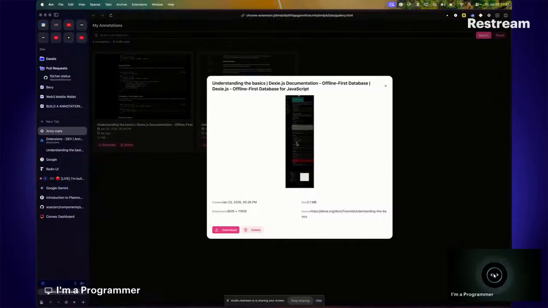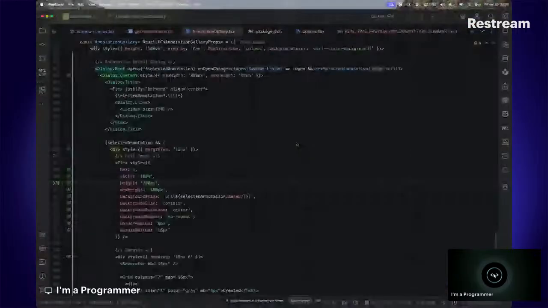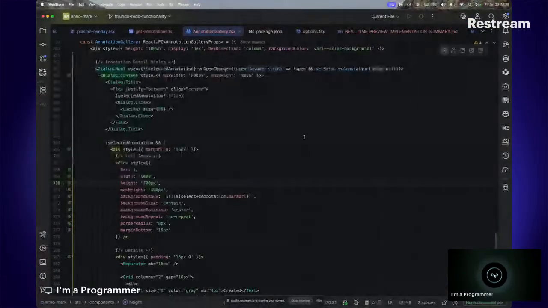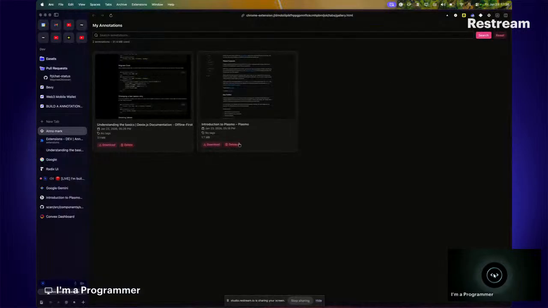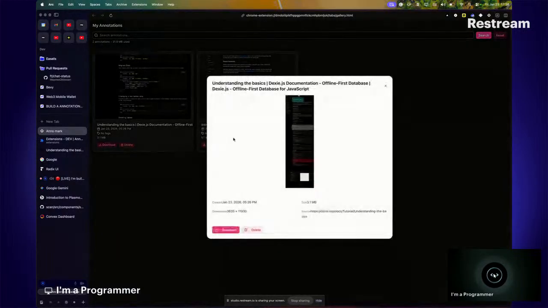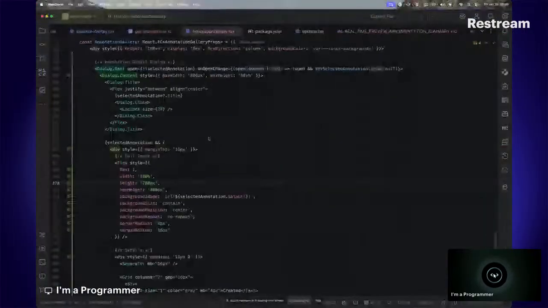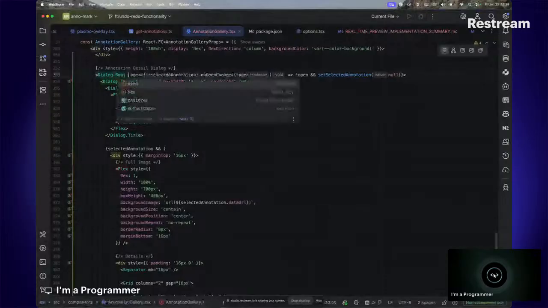Okay, this is the best we are able to do at this point. I really hate this right now, but this is what we have. So as you guys can see, we successfully have that, from capturing a page to annotating the page to being able to see the page. Even though it is white, I can't tell you why this is white right now, but I know that I can still